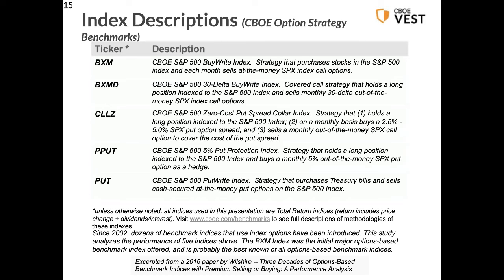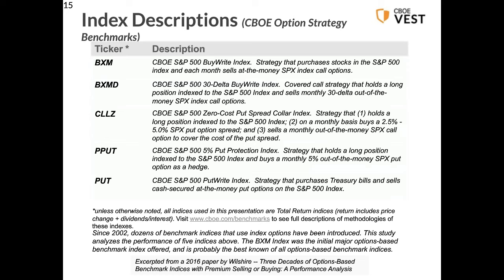So let's turn to the example indexes here. Probably the one you might be most familiar with is BXM. This is buying the S&P 500 and selling calls each month at the money. There actually is an ETF on this, a benchmark to this index from PowerShares. PBP is the ticker. Another buy-write index that is useful to see the benefits of covered call writing is to look at the BXMD.